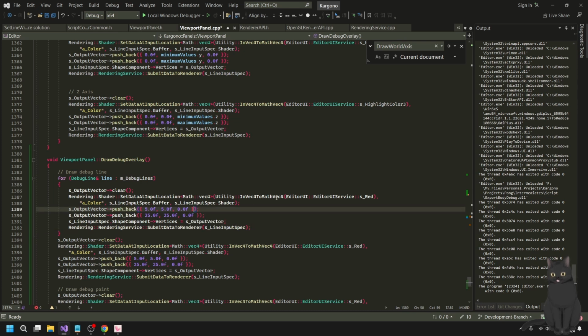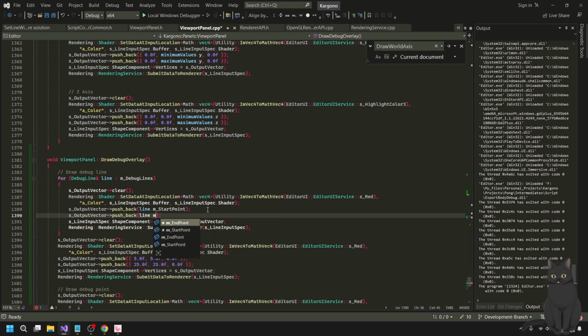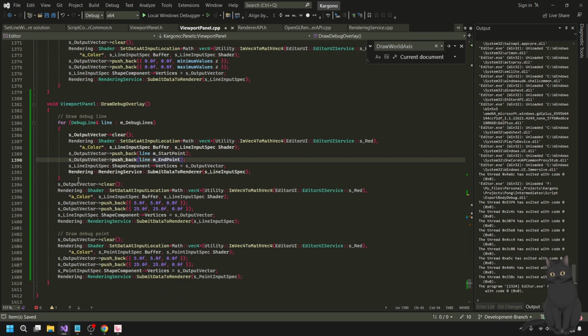And then we're just going to push back line.m_startPoints. And then we're going to push back here line.m_endpoints. Yeah, I literally think that's it.